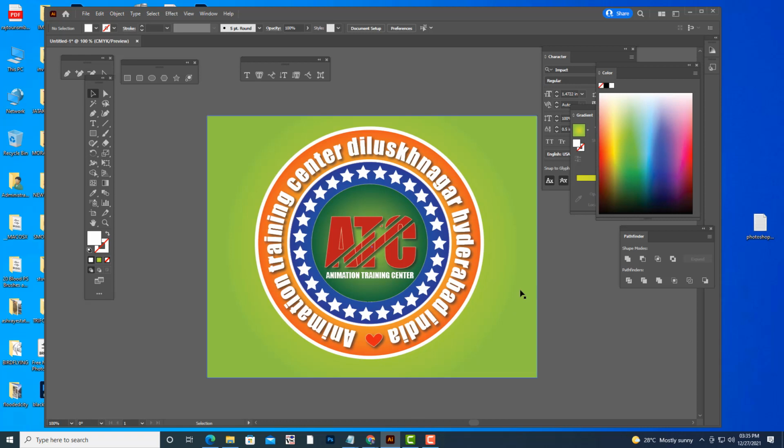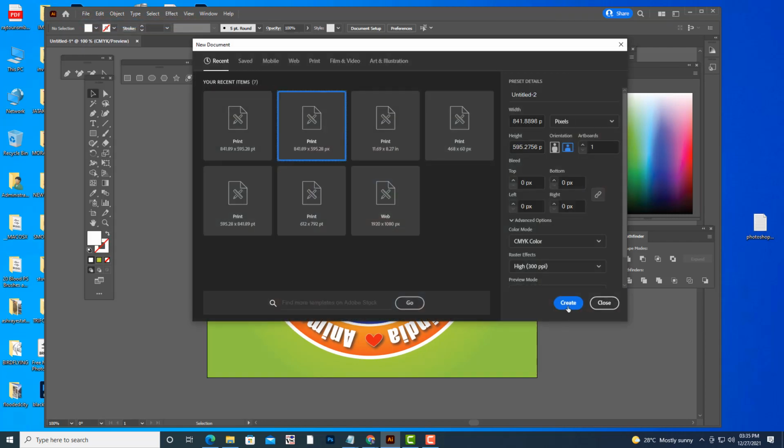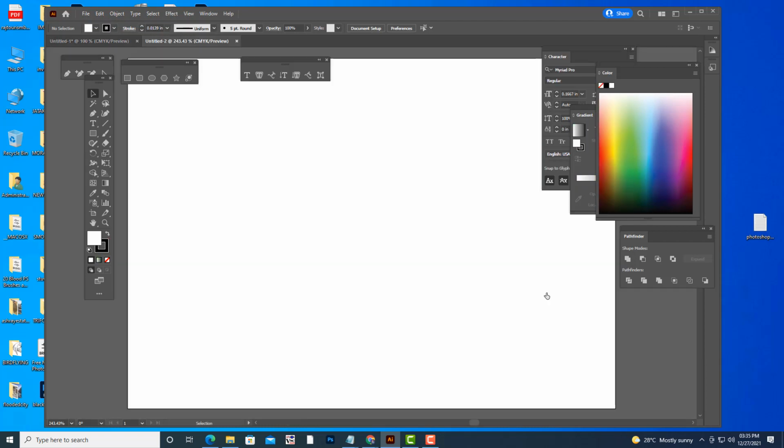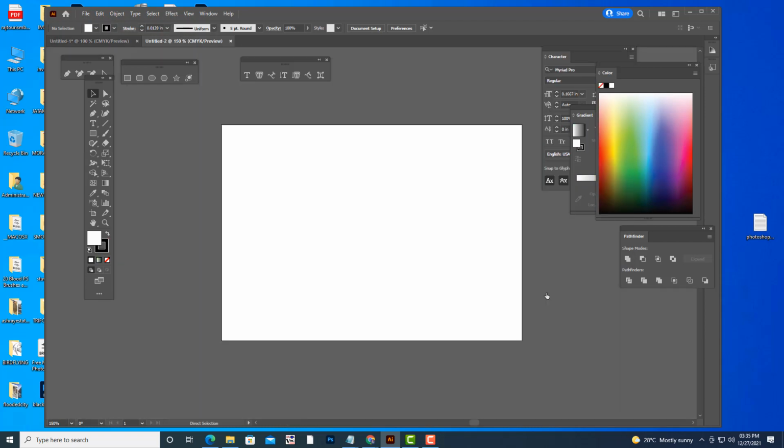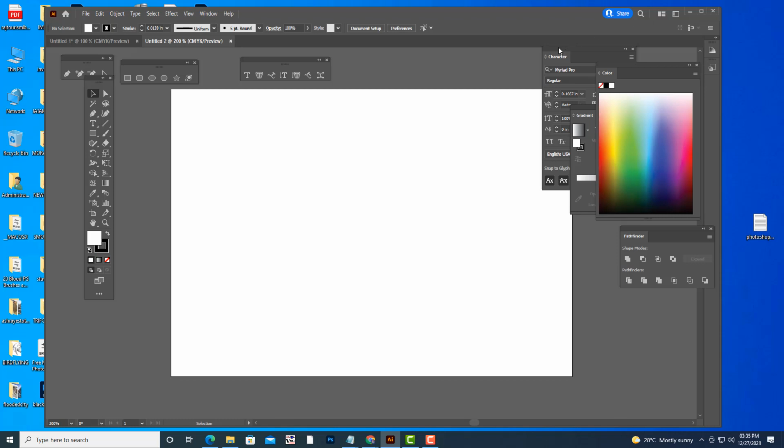So one more thing I will tell you here. You can also add this option in your stamp logo. What is that option? That is envelope. So what is envelope?